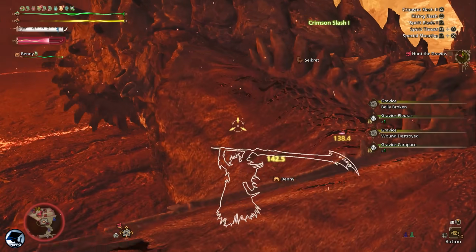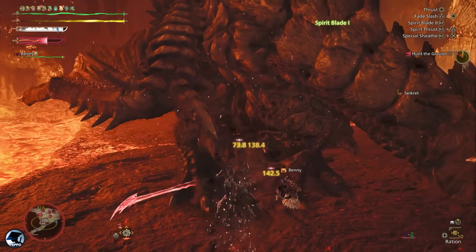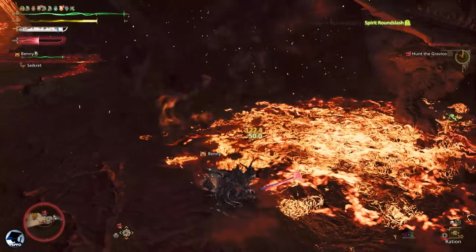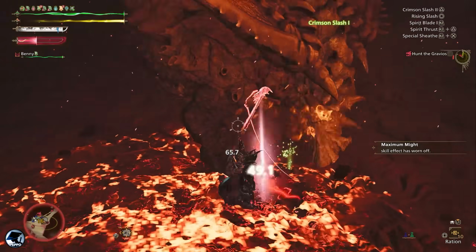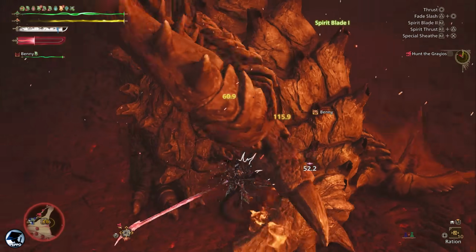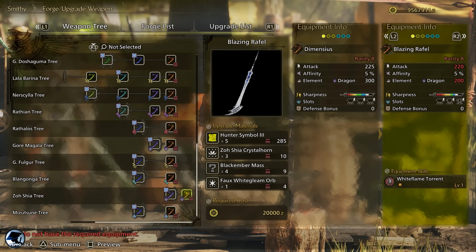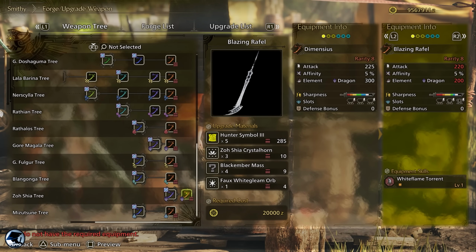White Flame Torrent. The only 2 common attacks that work with this skill are Crimson Slash first and Force Slash. This makes the skill a bit less frequent to activate with longsword, and depending on your playstyle it can activate more or less frequently. If we compare Shia longsword to an Artian longsword with the same attack and affinity, it